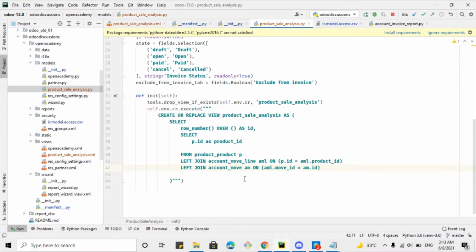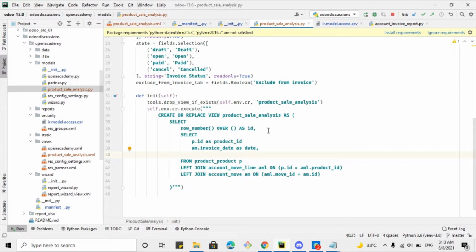So now we can get the data from all the three models. From the product model we need product id, from the account move model we need a date. We can say invoice date is a date,